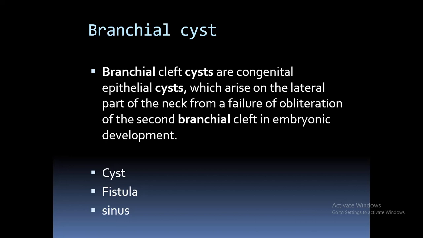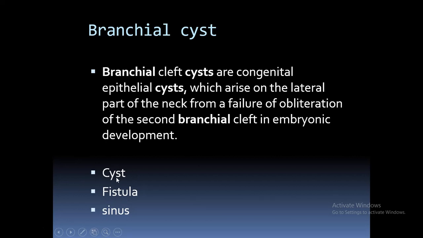Starting with the branchial cyst, first of all you should know the difference between a cyst, a fistula and a sinus. A cyst is a collection of fluid surrounded by a mucous membrane and there is no opening inside or outside. If there is an external opening and there is no internal opening, we call it a sinus. And if there is opening on the external skin and there is opening inside, then we call it fistula. So a sinus is a blind tract and a fistula is a tract with two openings, and a cyst has